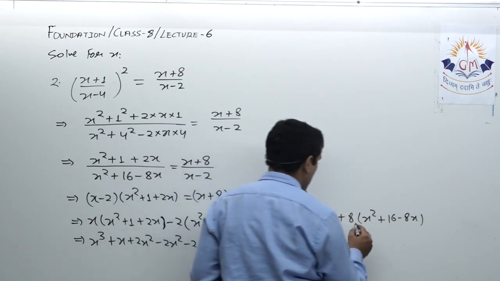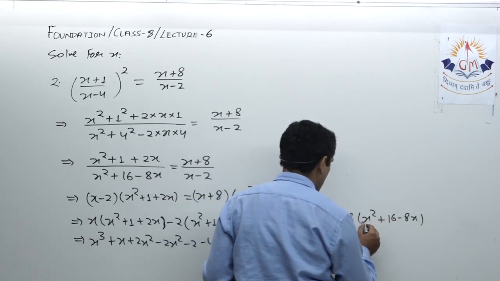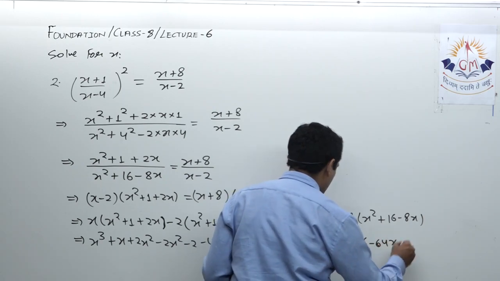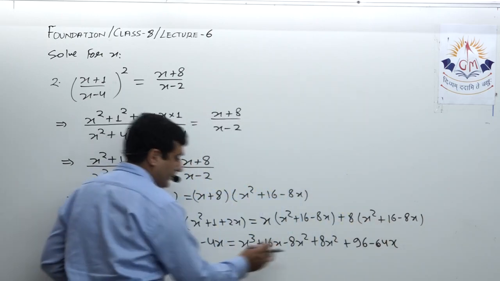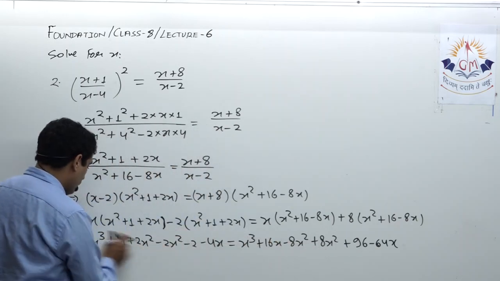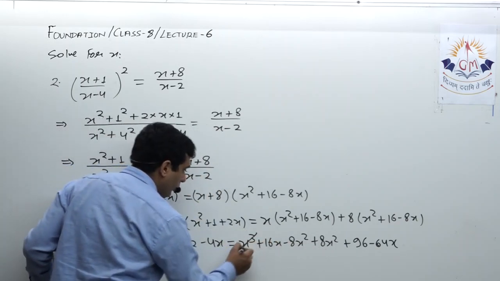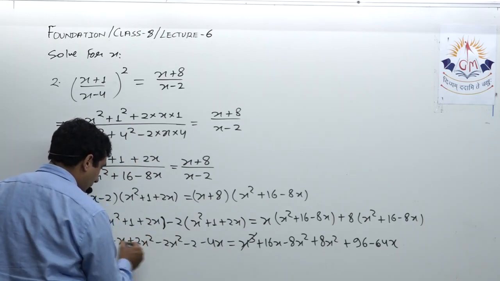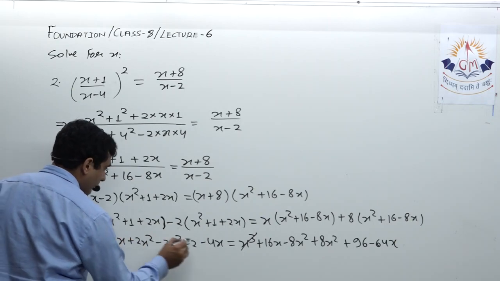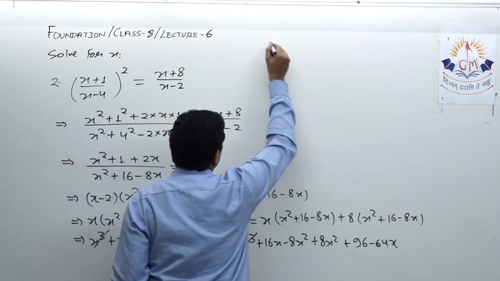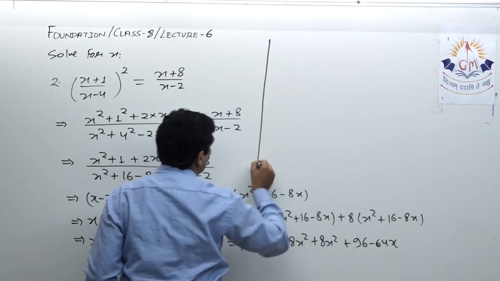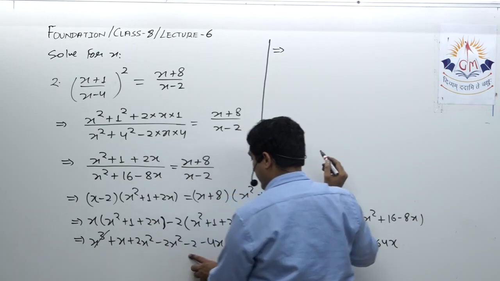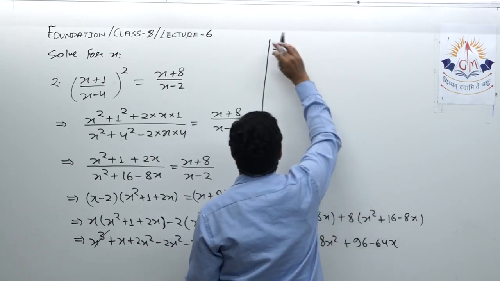into 16, 96 minus 64x. So other than these two and these two, I can also cancel out x cube on both the sides. Okay, now here these terms are cancelled, so I am left with x minus 2 minus 4x, so that I am writing over here. Further, what I am left with from the left hand side is x, then minus 2, then minus 4x.